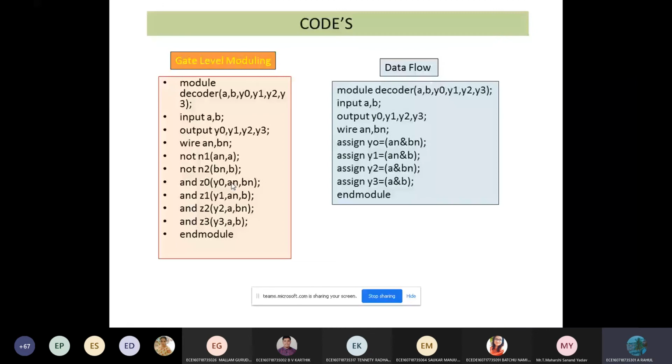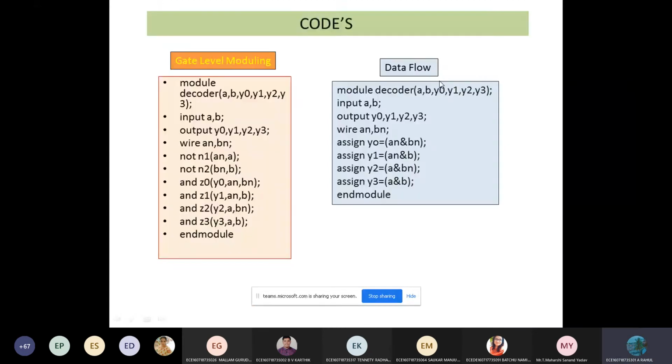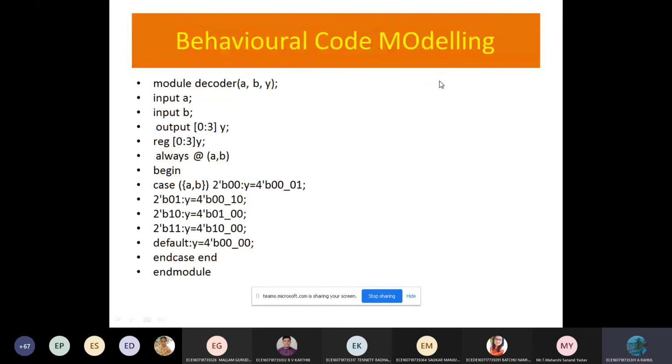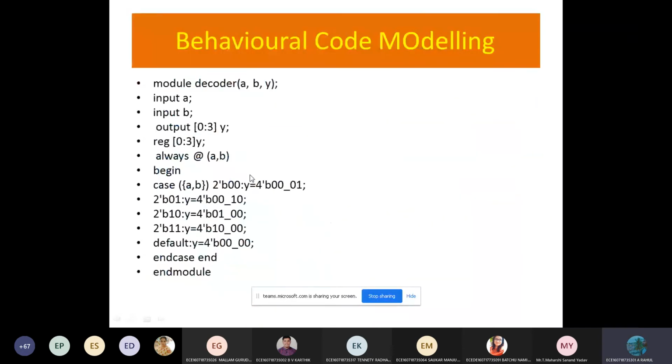First input 00, and we are getting output as Y1 Y0. So I have written the reverse model. It should be in the truth table, it should be like Y0, Y1, Y2, Y3. I've written the reverse model over here. So it should be like by using the truth table, I have written this code.